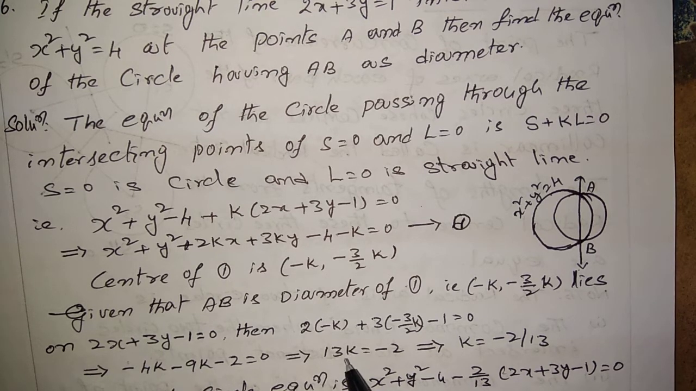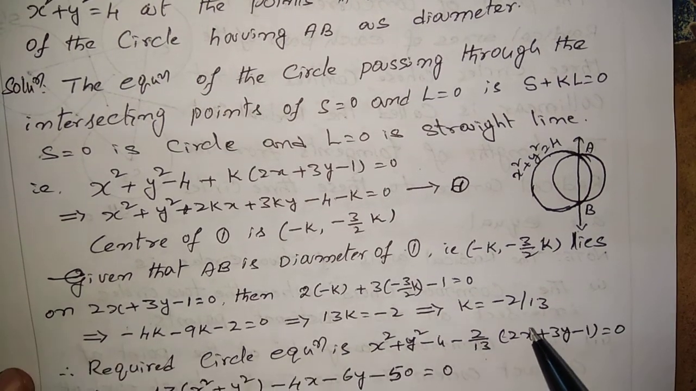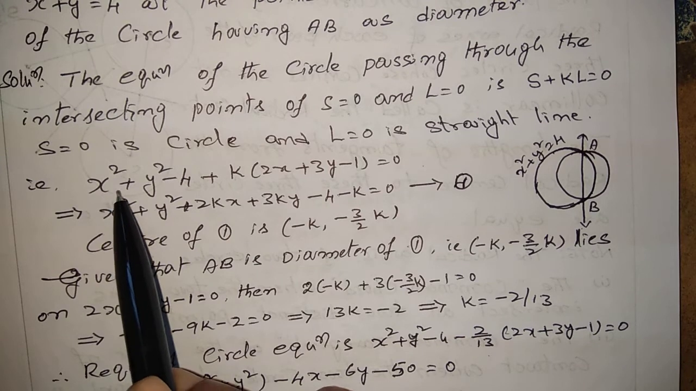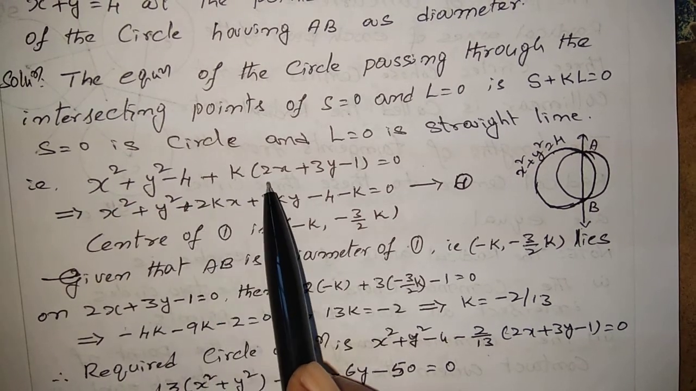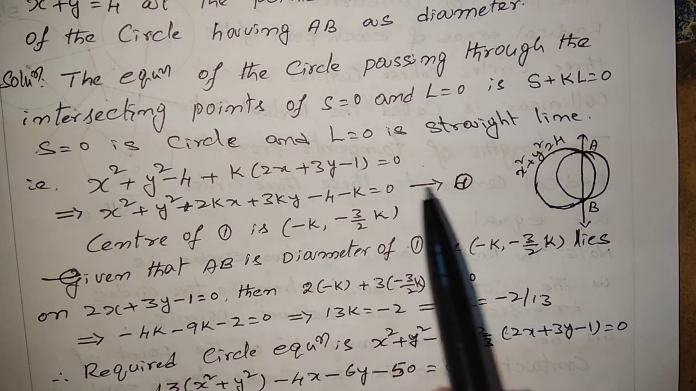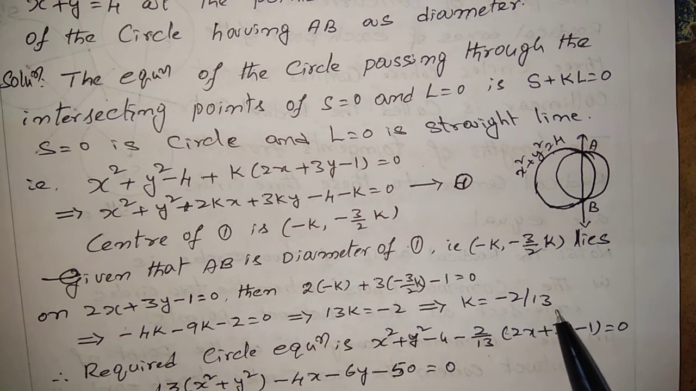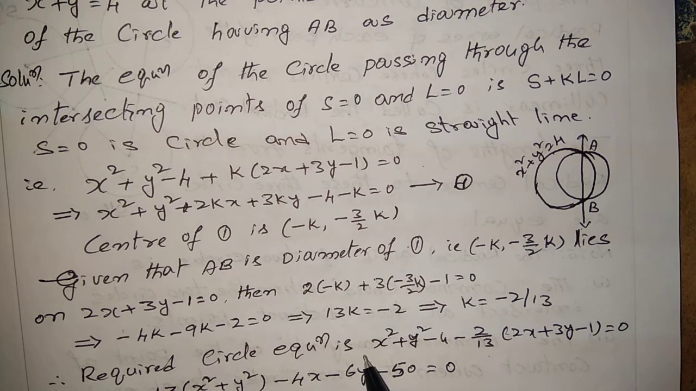Take this side. 13k is equal to minus 2, so k is equal to minus 2 by 13. From this equation, x square plus y square minus 4 plus k into (2x plus 3y minus 1) is equal to 0, substitute the k value minus 2 by 13 in this. We get the required circle equation as